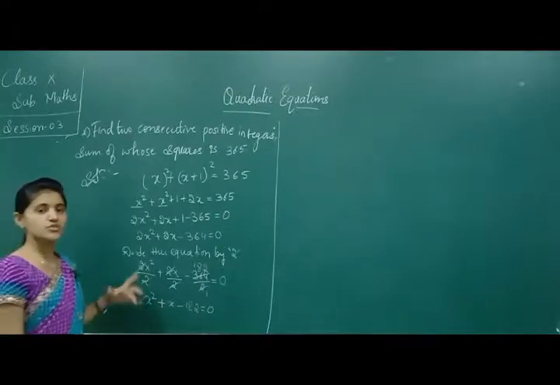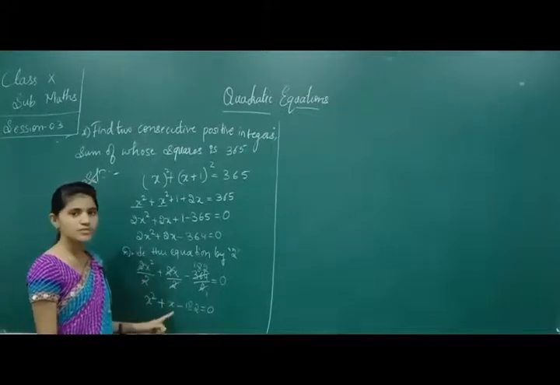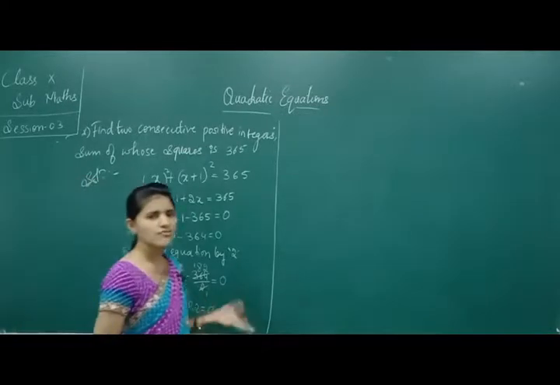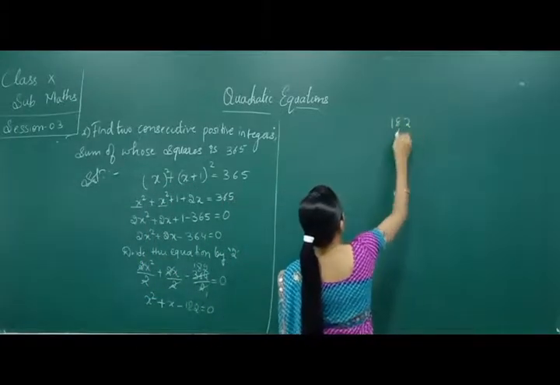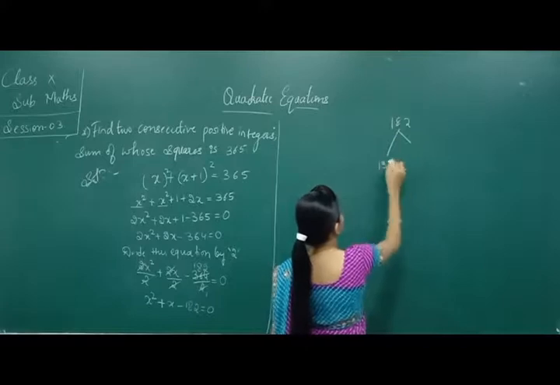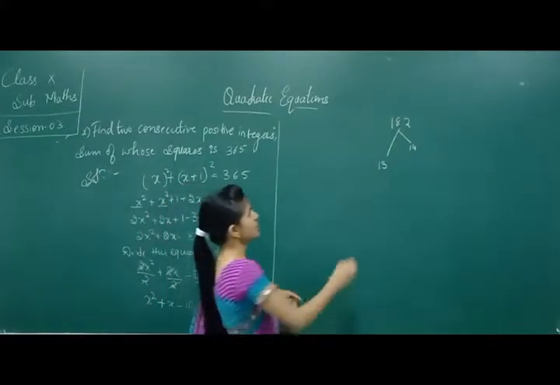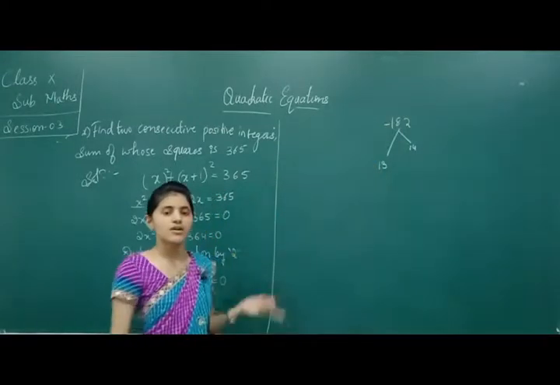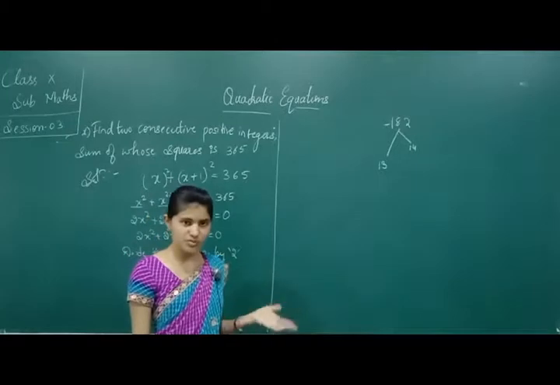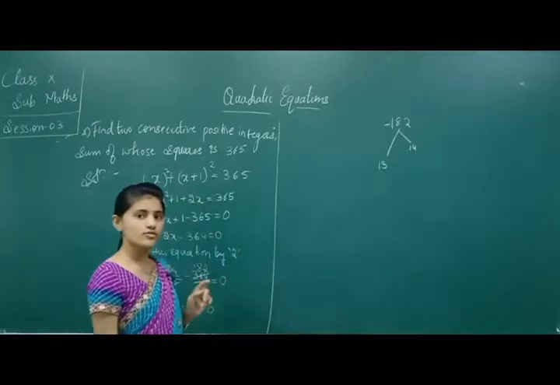Again, we are supposed to split it in such a way that the middle term should be plus 1. Just now we have found the factors of 182, right? 182 is 13 into 14. But it should be minus 182. It means one factor should be positive and the other should be negative. So, how are we going to consider that?